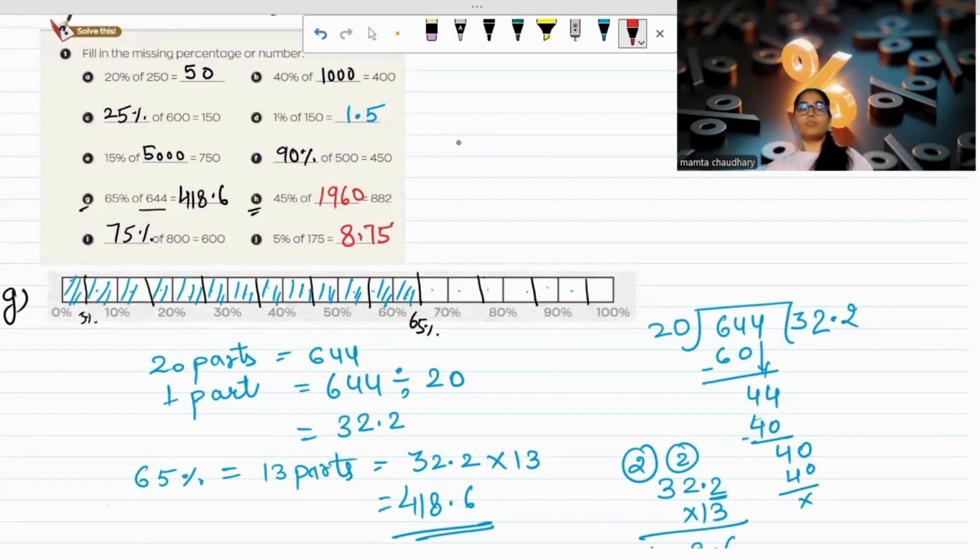So yes, we have done total 10 questions of percentage of a whole, where at some place whole was missing, some place part was missing, some place percentage was missing. Right? Okay. So once again, revise this, go through it properly. If any doubt, please write your doubt. Okay. And you can go through this video once again to clarify your doubts.